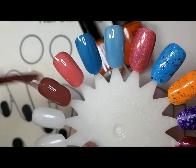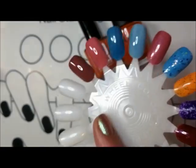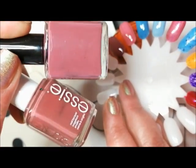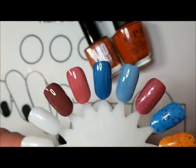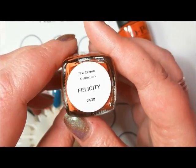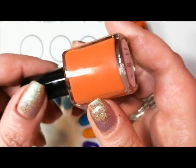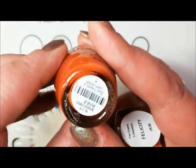This is an episode of look similar in the bottle, but absolutely nothing like it on the nail. Wow, I would have thought that these two were quite similar. Maybe not. Oh, I'm losing my touch on my Clare Compares. I don't know. Let's see if they're any different on a second coat. I've got a feeling they won't be. This one, however, does seem really. When I looked at this, I thought I've got an OPI that's quite similar. It's this. I feel as though it's going to be similar to this one, which is